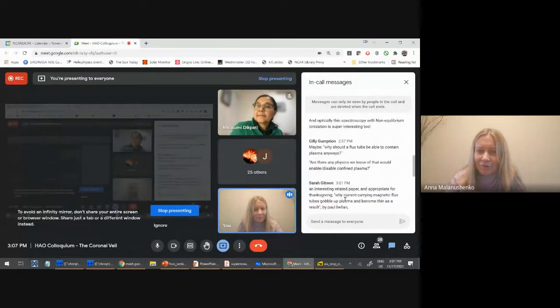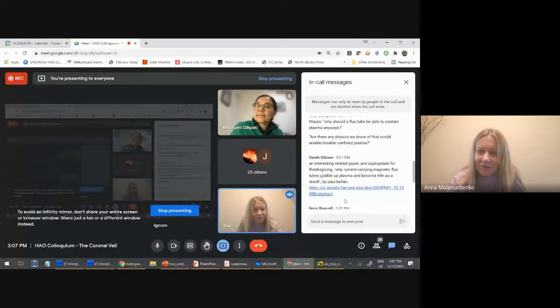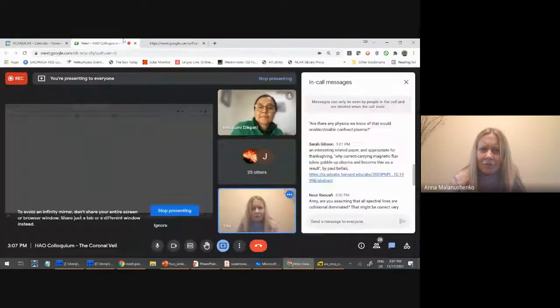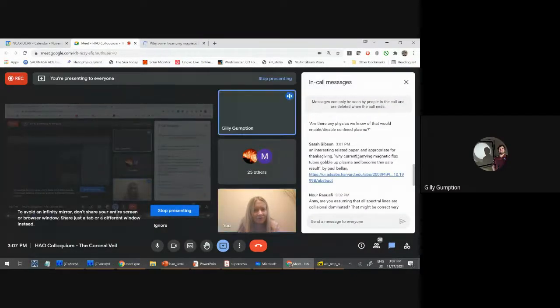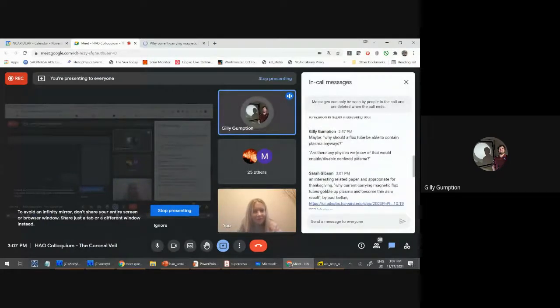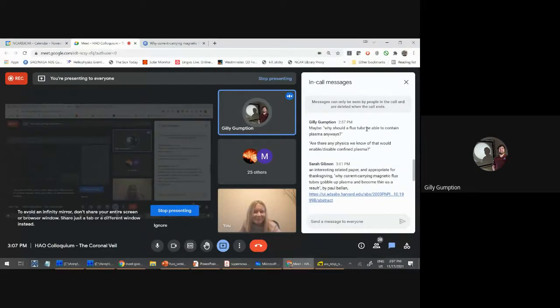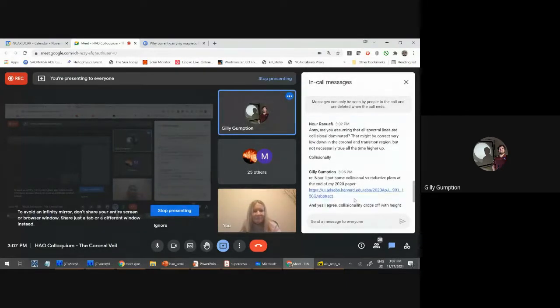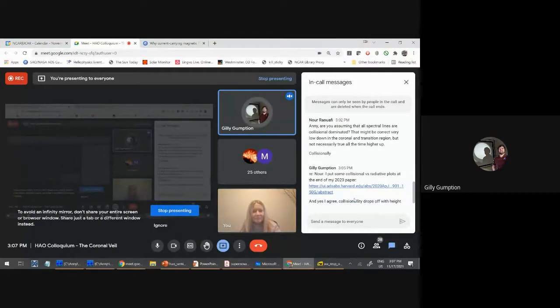And should a flux tube be able to contain plasma anyways? Are there physics that we know that would enable or disable confined plasma? I do not know. Just to say that out loud, we talk about a flux tube being filled with hot plasma, and I guess magnets are involved, so it probably can be held in, but is there a very clear reason that if you have this magnetic configuration, it should generate a closed flux tube that confines plasma? I know that we see evaporation at loops and then condensation back down, but I just don't know if we know anything that should push us towards loops being more likely to occur than a veil or not.